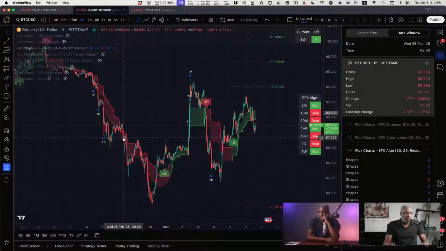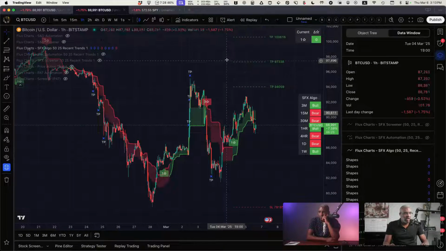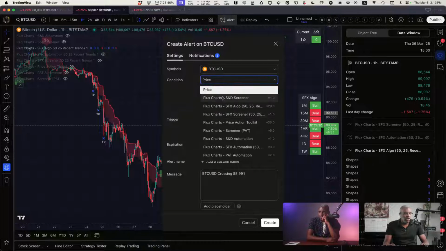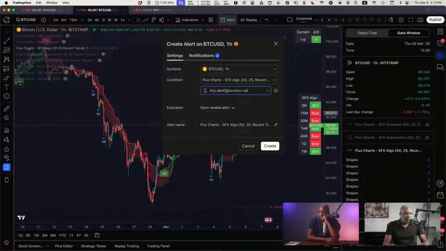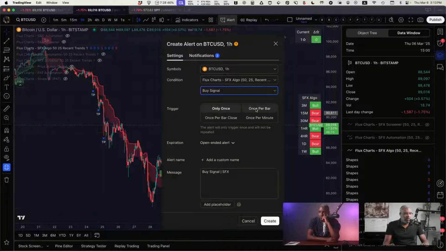Like you would normally do on any indicator that's giving you alerts, if you wanted to set this up to use with TradersPost, you would click on the alert, choose that indicator, and choose, in this case, a buy signal, once per bar, and let's call this Flux chart